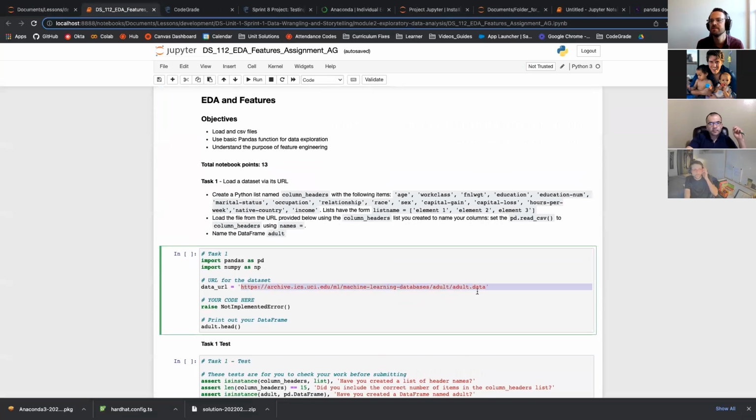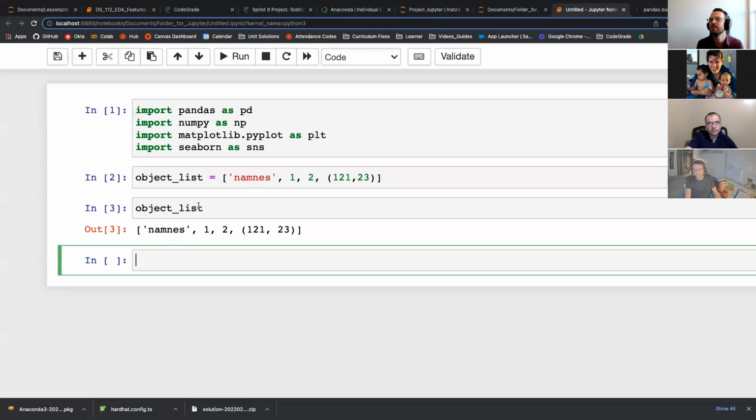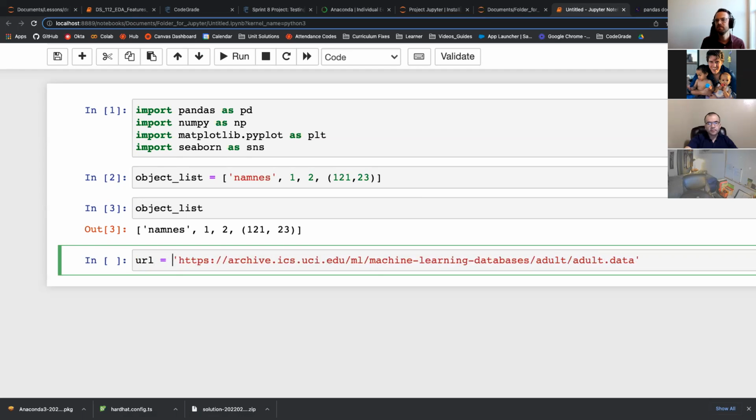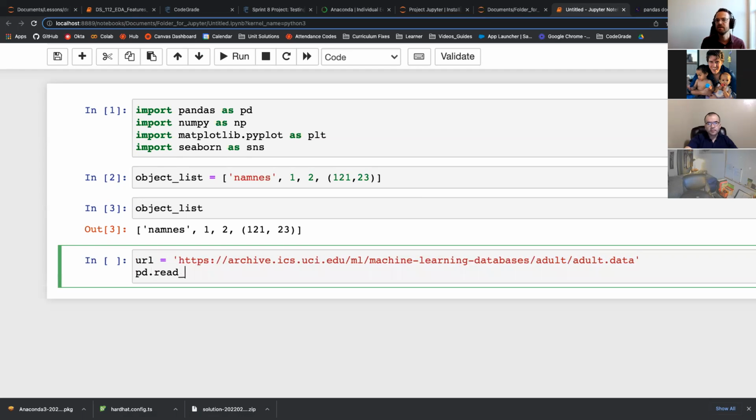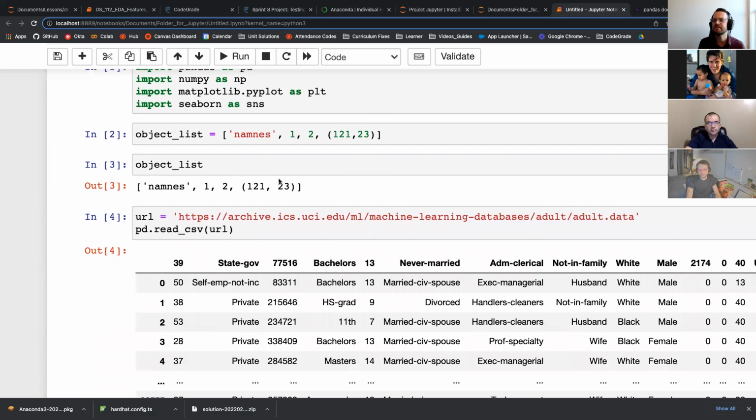Yeah, so if it's a URL, I'm going to take that URL and take it back to the notebook that I'm working on. It'll still work the same way. So that's your URL. You can pd.read_csv a URL file. That part's the same, right? This is what we were used to doing in Google Colab. The difference